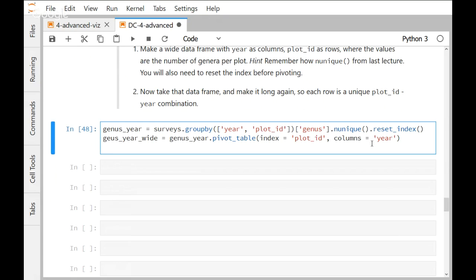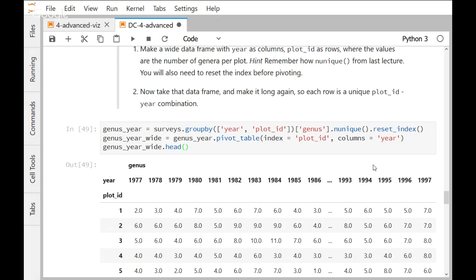Now, if I plot the head, we can see that